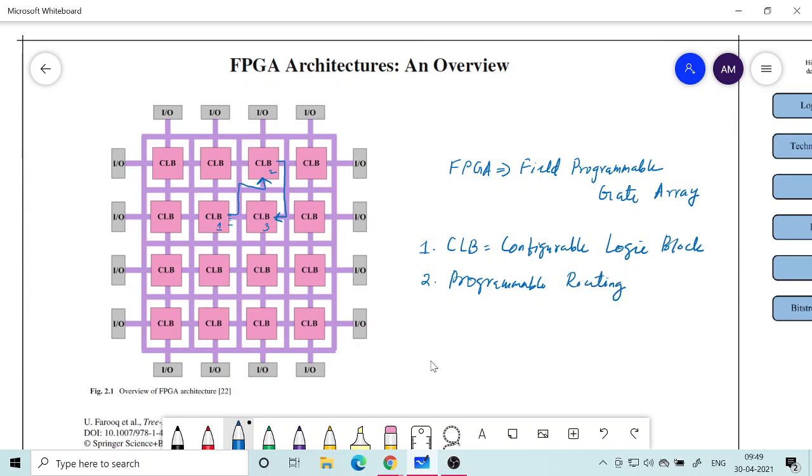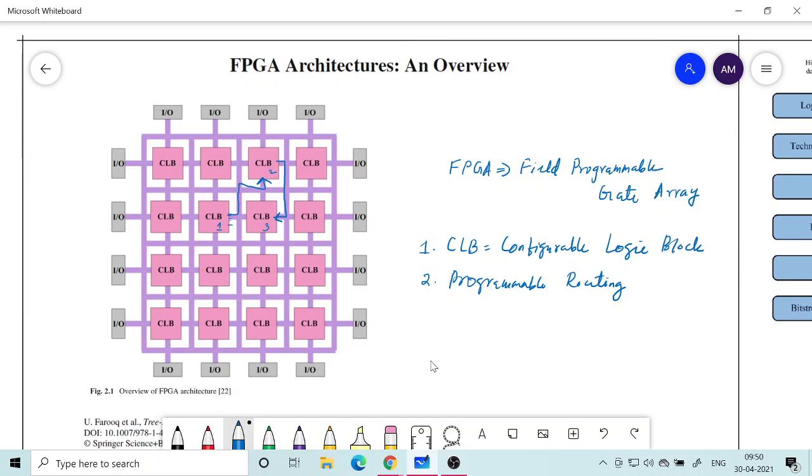Routing means directing the connections between one CLB and the other CLB, or you can route it to the external output pins of this FPGA, which I have shown earlier. All around the chip there will be pins coming out. There may be 500 pins coming out of this chip. So some things you may need to take out, and some inputs may be taken in from the external world. So this has to be routed accordingly.